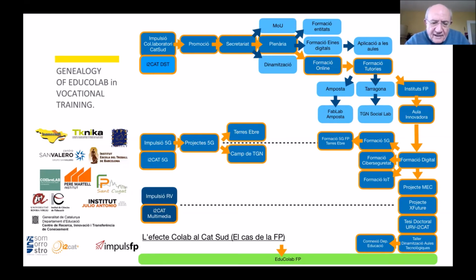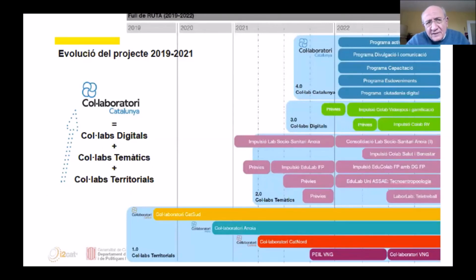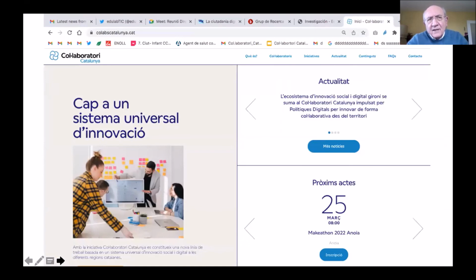In 2022, we began to consider not only territorial collaboratories, but also thematic ones around these two areas, health, well-being, and digital capabilities. And we built an umbrella called Catalonia Collaboratory that supports the coordination of that. We finally developed a website and tools for creating this community with the idea of these universal innovation ecosystems, trying to envision how this collaboration between the triple helix and the four helix can really integrate each other in the new innovation model in Europe.